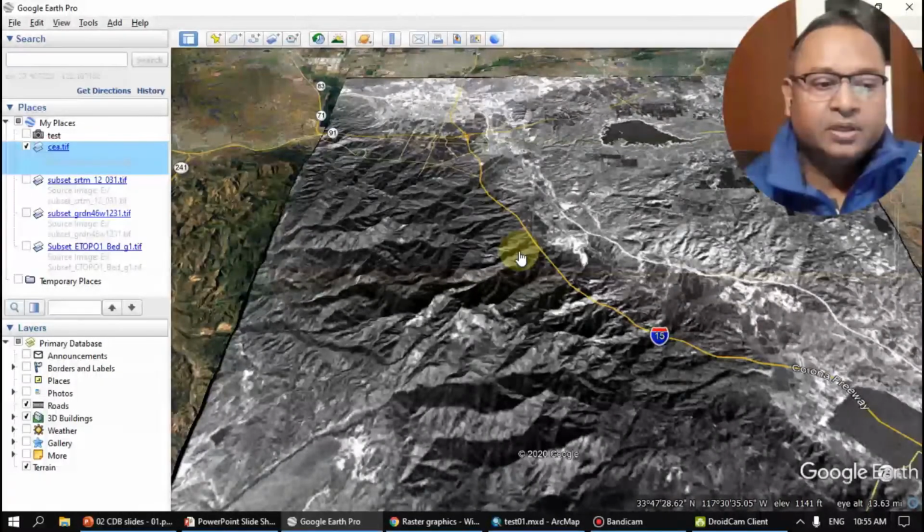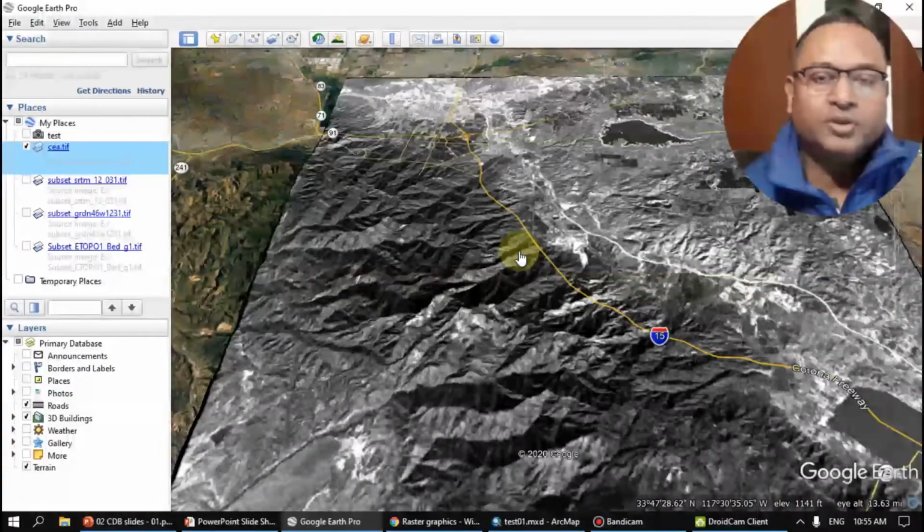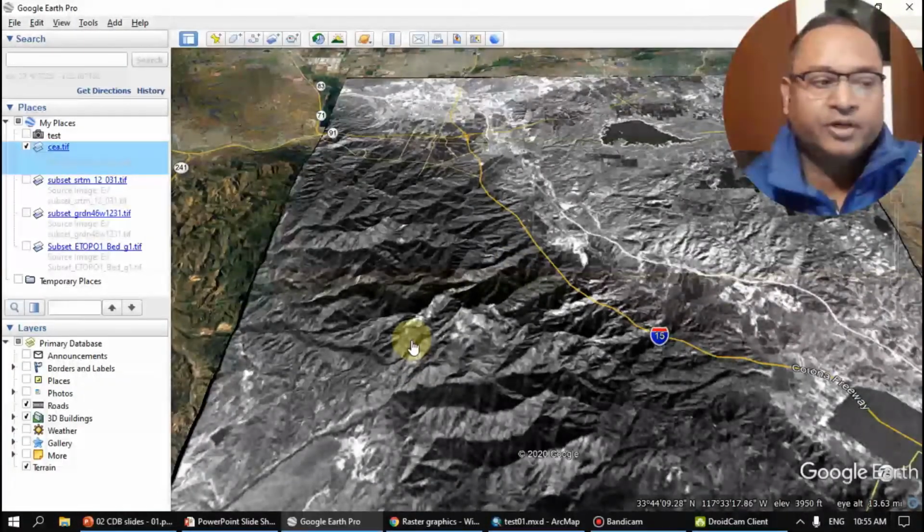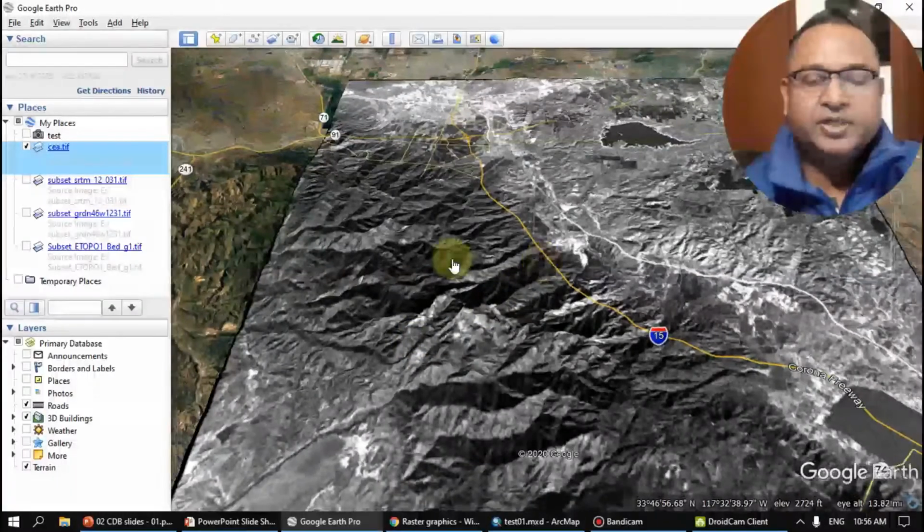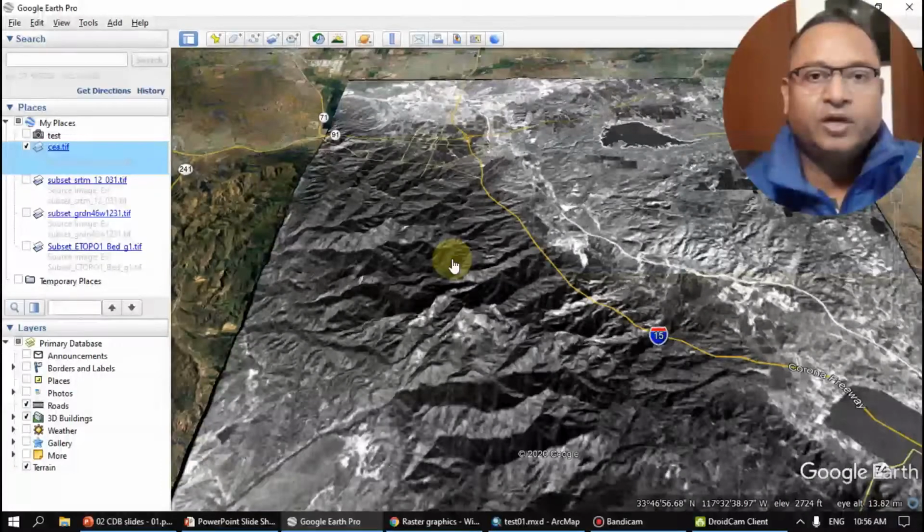Elevation means altitude, in other terms, how much is the height from the sea level of this particular geographical area. In GIS, different formats are used to represent the elevation data, for example .tif format, .dem format, .dted format, and so on.